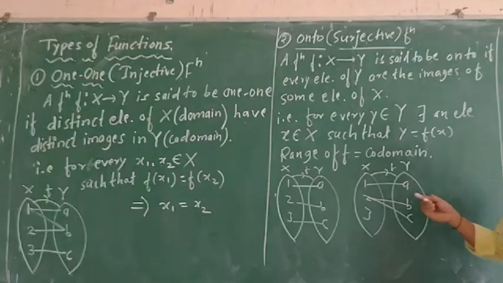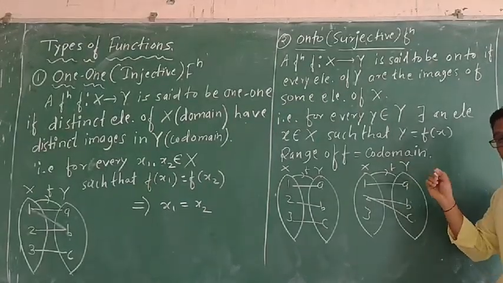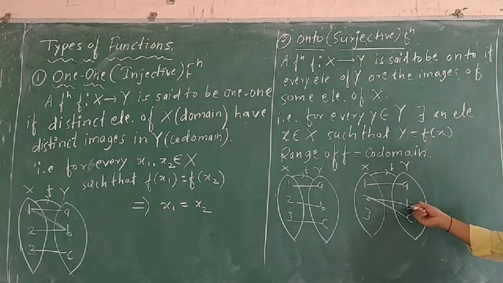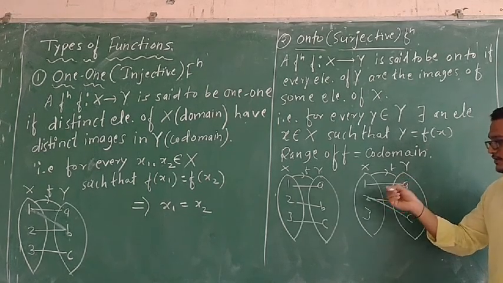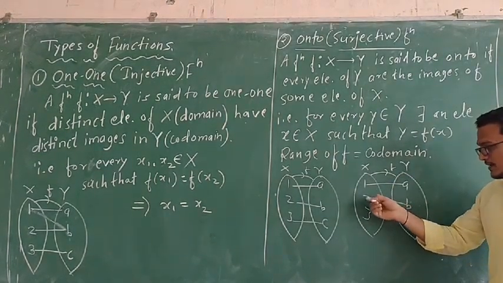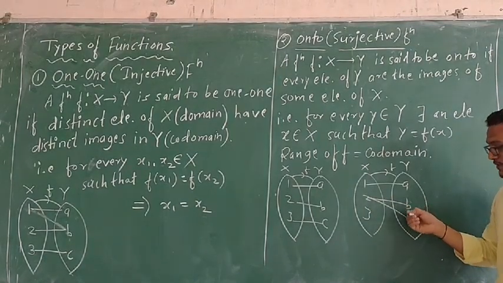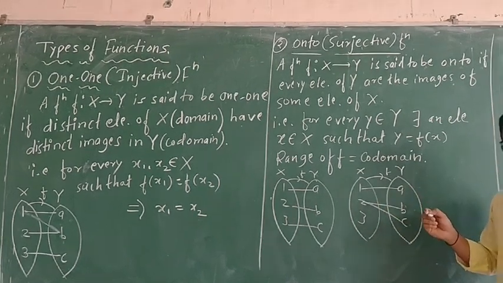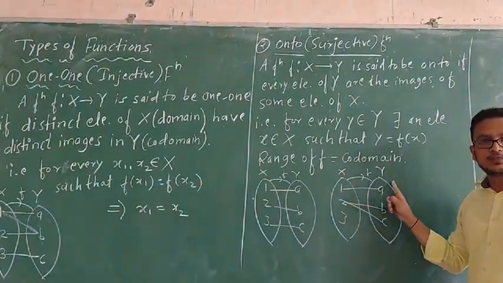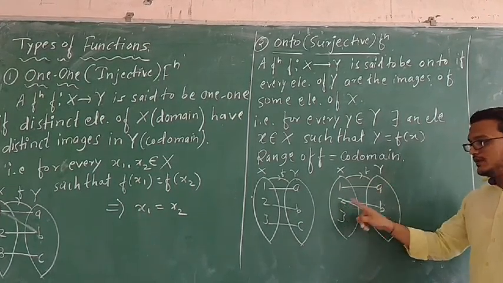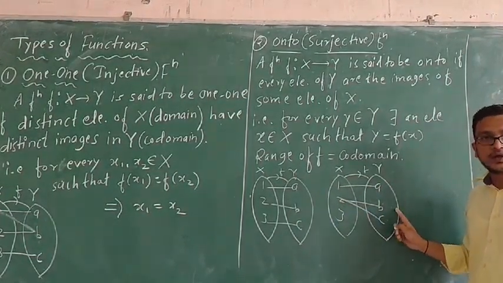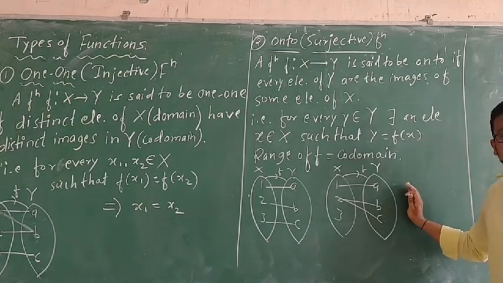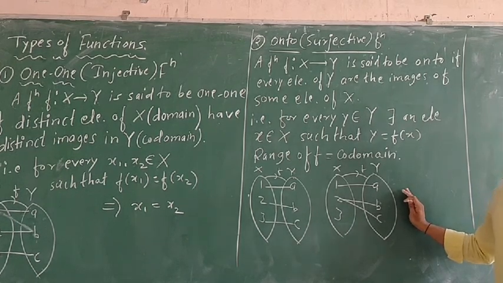Okay, you can just see now. Is it one-one? If I say every onto function is one-one, what I said is not true. Why? This is the example. Just see now. 1 images a, 2 images b, and as well as 2 images c. So two images are related with one element. Therefore, it is not a one-one function. For a one-one function, what we require? One element must have one image. But here one element is having two images. Therefore, it is not one-one. So you can say this is the counter example for the statement that onto function is one-one. This is the example. Okay.